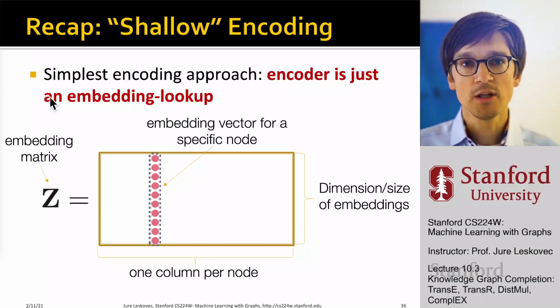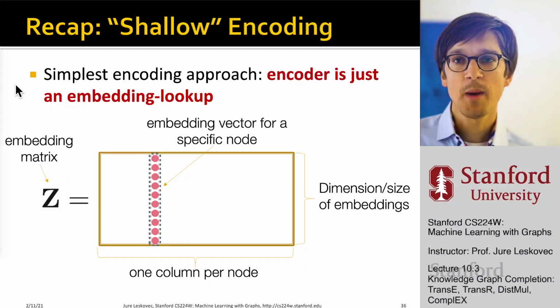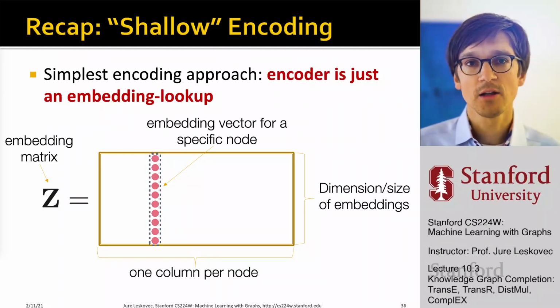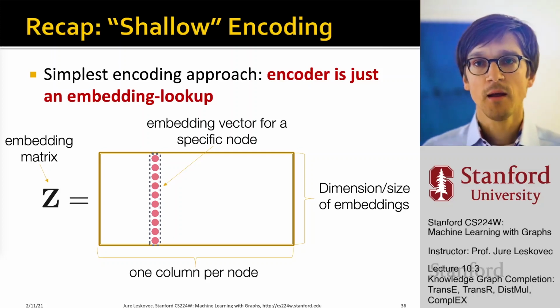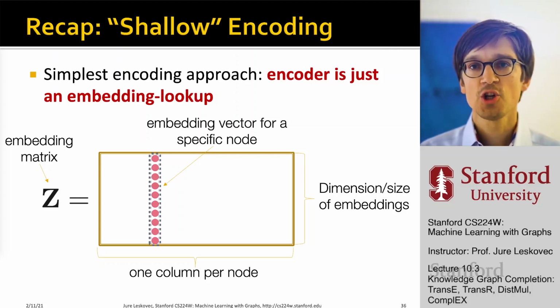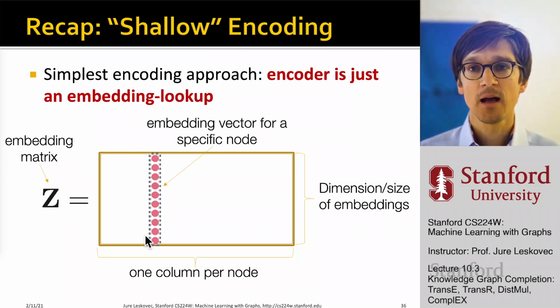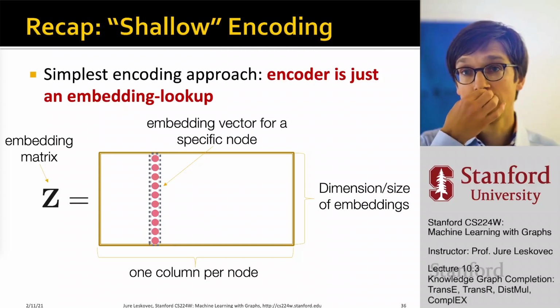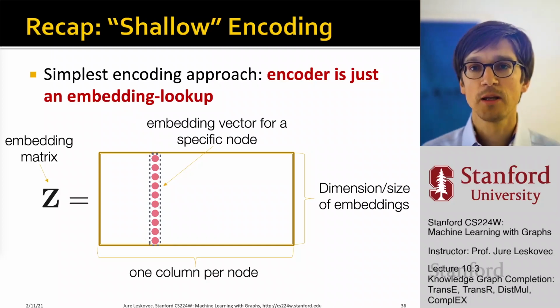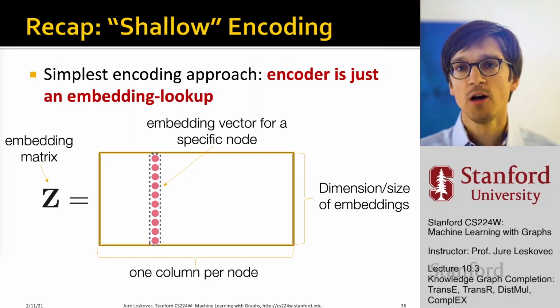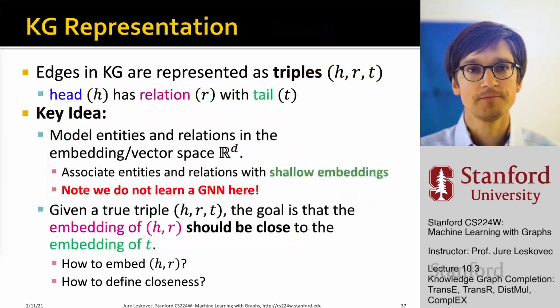The way we are going to do this is through node embeddings. Every node, every entity in the knowledge graph, will have an embedding, and we are just going to use shallow embeddings. So basically we will want to learn an embedding vector for every entity in the knowledge graph, so that we can then do prediction well. The point is, we won't be using GNNs. We'll just assume we are doing shallow encodings, but you could also use GNNs if you would like.